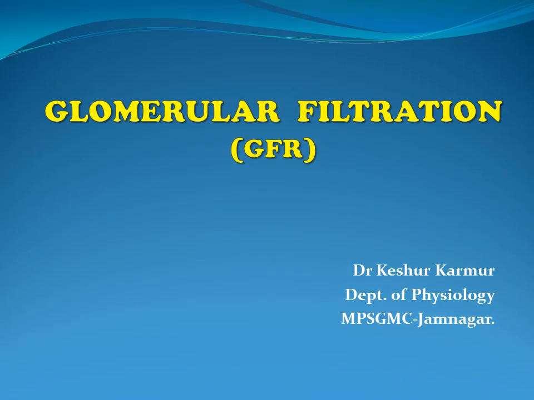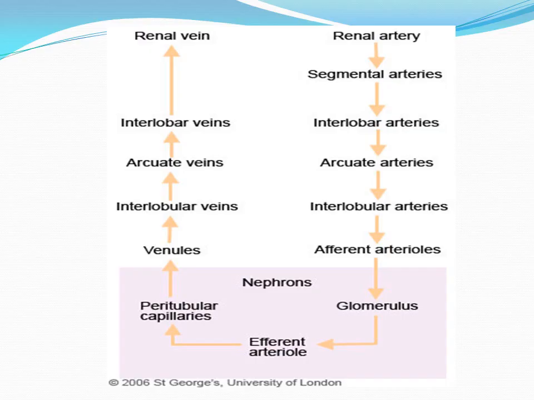Hello friends, today I am here with another topic of renal physiology, and today it's glomerular filtration. Now you know that the primary function of the kidney is to remove metabolic waste products by forming urine. So the primary function is formation of urine. Now the formation of urine includes various steps, various basic processes. Out of that, glomerular filtration is the first step in the formation of urine that we have to discuss in detail today.